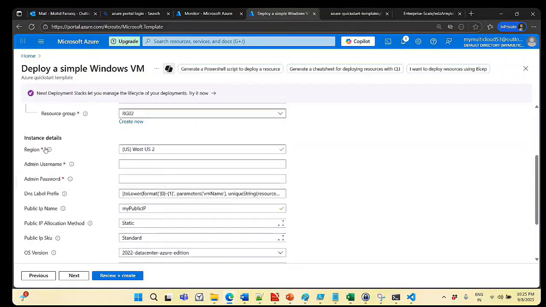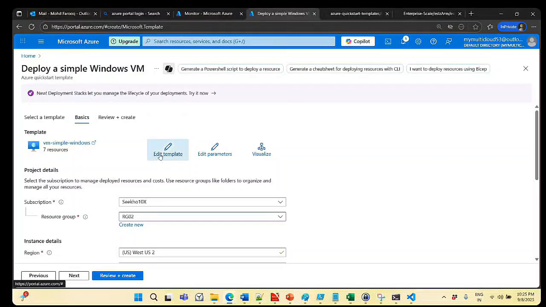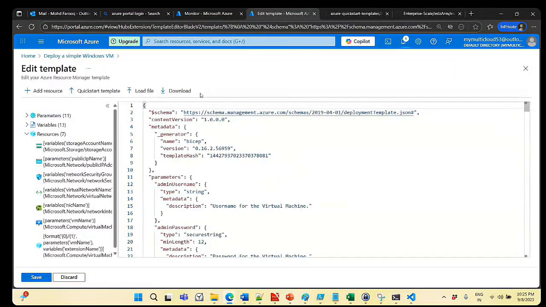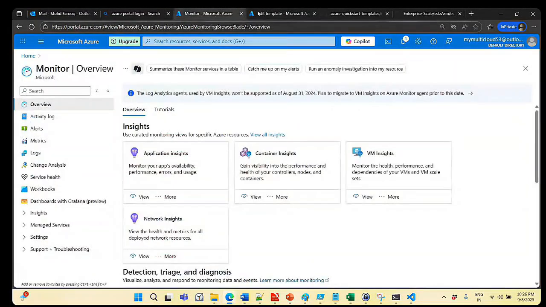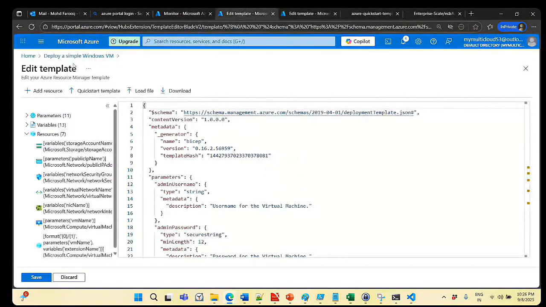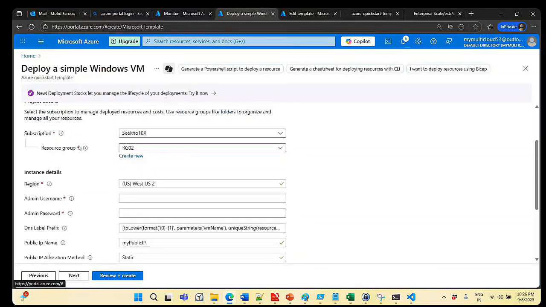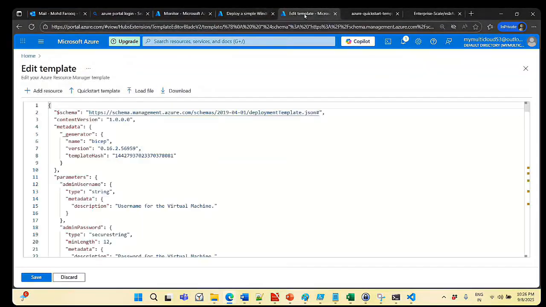See, these all are called your parameters. If I go and click on edit, see, these are nothing but the resource group I have selected. If you go here in the template,